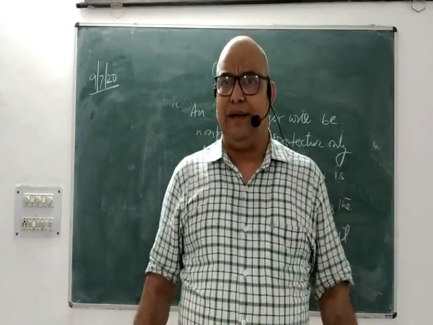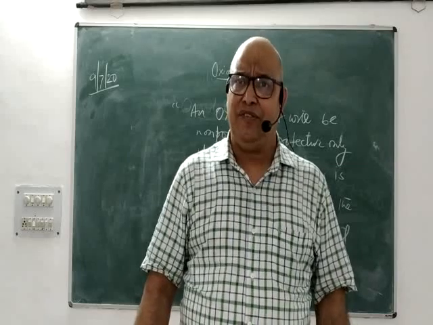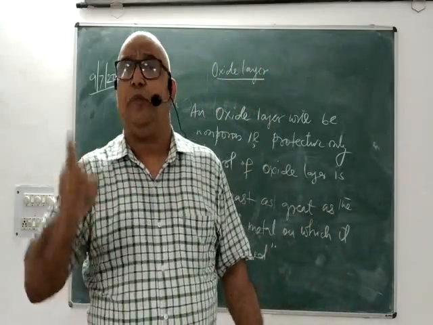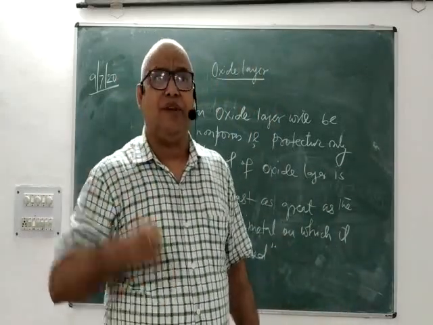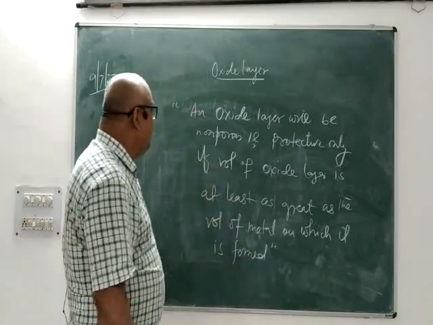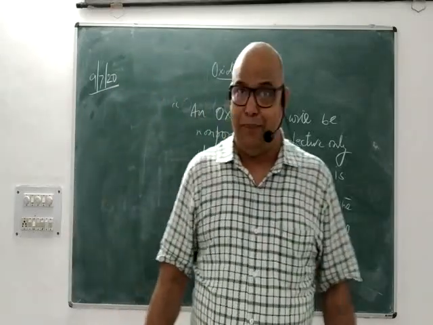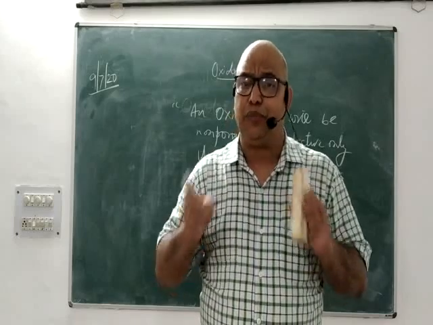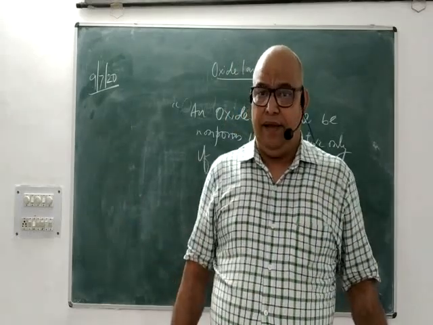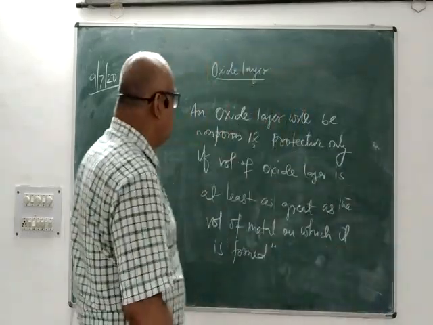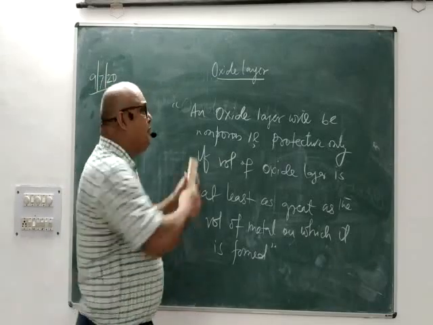Pores will be there and further corrosion will proceed. And you must remember, if the oxide layer is non-porous, it means it is protective. It will protect the metallic structure from further attack. And if it is porous, it is non-protective. It is unable to protect the metal from incoming attack. Now, according to the Pilling-Bedworth rule,